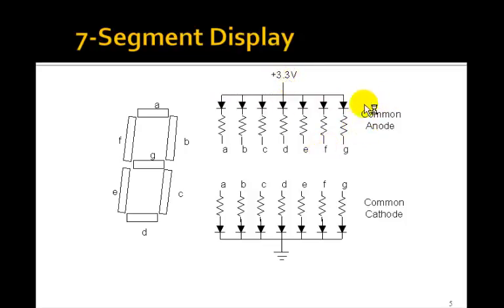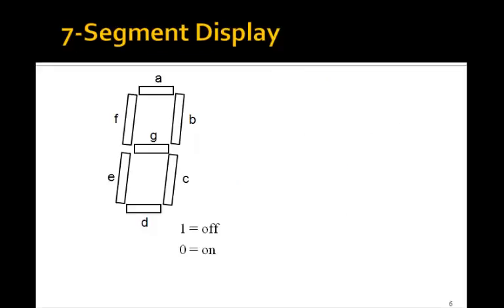And the Nexus 2 board actually has a common anode type of 7-segment display, in which case you need to bring A, B, C, D, E, F, G to ground, or put a 0 in here, so that the current will flow down through the LED. So to turn on a common anode, you turn it on with a 0. To turn on a common cathode, you'd turn on with a 1. So ours are going to be common anodes. So let's see how we can do it. A 0 is going to turn it on, and so let's figure out how to make all of the